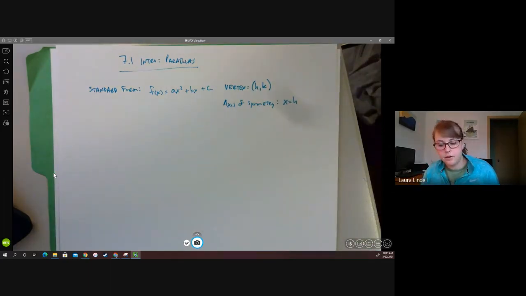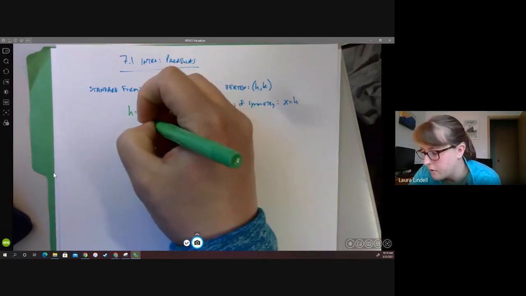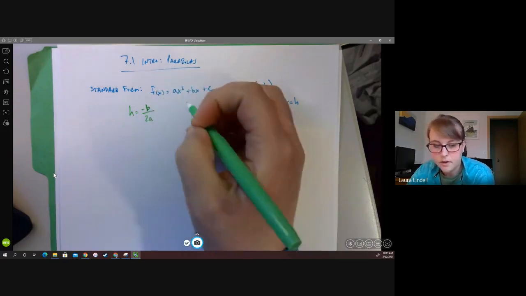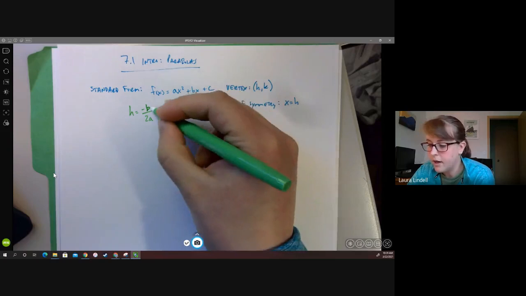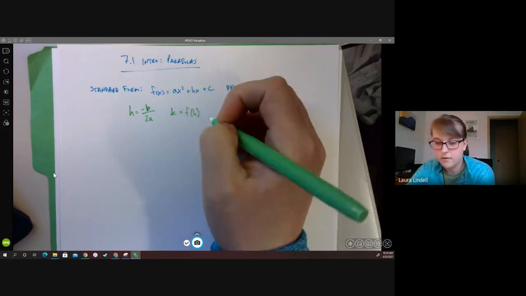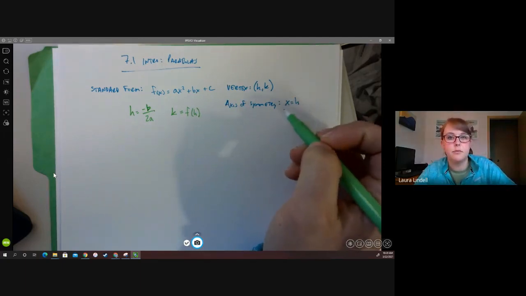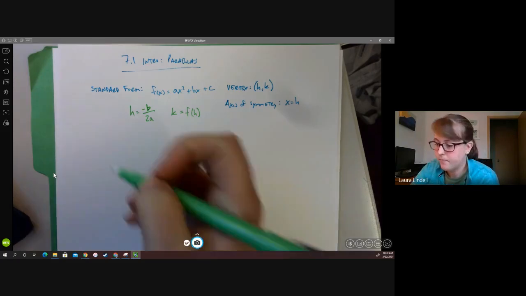Okay, so from standard form, you can find the value of h by going negative b over 2a. And then you can find k by just plugging in what you get for h into the equation for x. And then once you find the value of h, your axis of symmetry is just x equals h. So doing this from an equation,